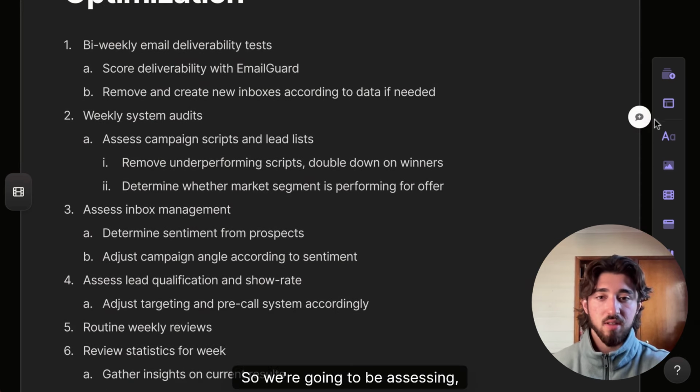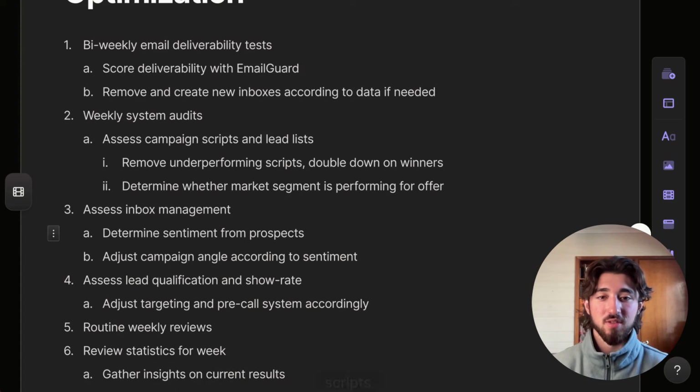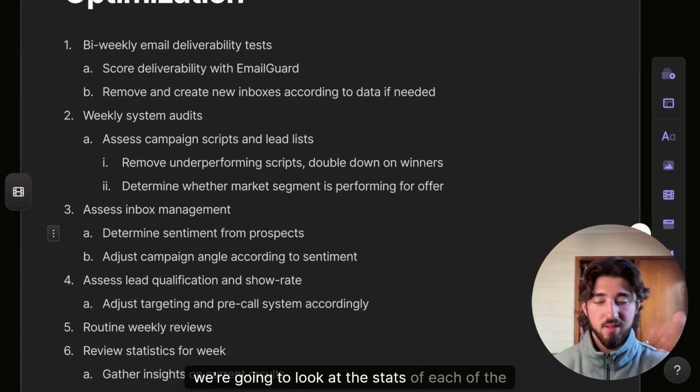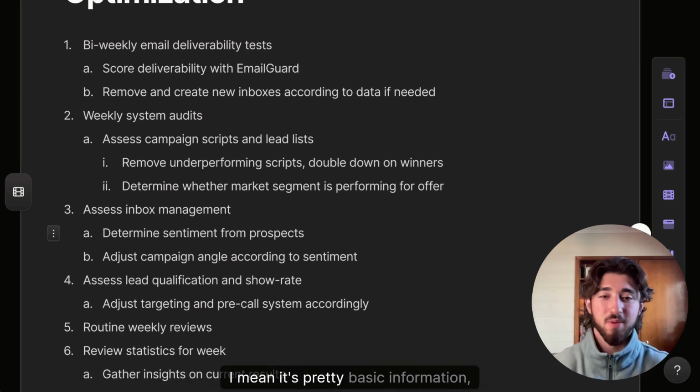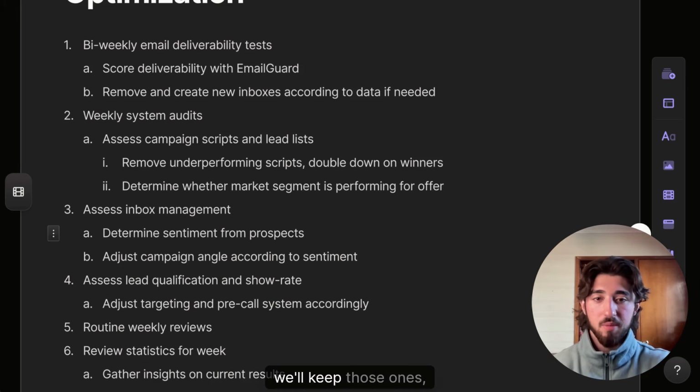So we're going to be assessing the campaigns and scripts. We're going to look at the stats of each of the scripts, A/B test. It's pretty basic information, right? Whichever ones are outperforming, we'll keep those. Whichever are